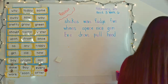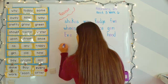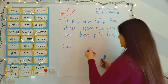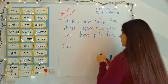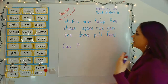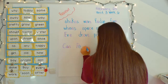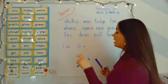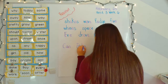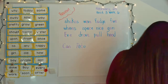All right, so let's do a sentence. High frequency word can, capital C, beginning of a sentence. P says p, and it's a capital P, so we already know it's going to be a noun. It's going to be a person. E blanky, like the tree card, we hear that letter E, means it's a long sound. T says t, eat, Pete. Can Pete